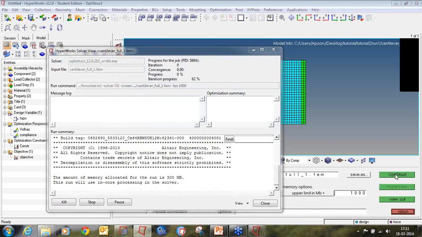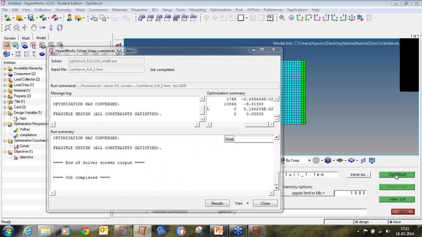So I intentionally did that to show what error it can show. So if you change the folder, it will not get the PCH file. So you have to specify the folder from where it can get that PCH file. So if you are solving in the same folder, you can directly give the PCH file name. Otherwise, if you are solving in any other different folder, you have to specify the full path. So my optimization job is completed.